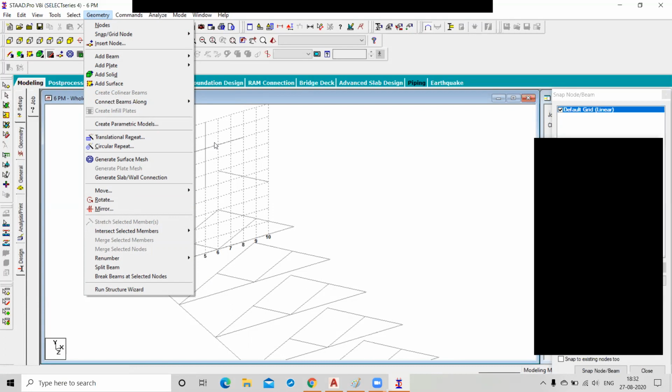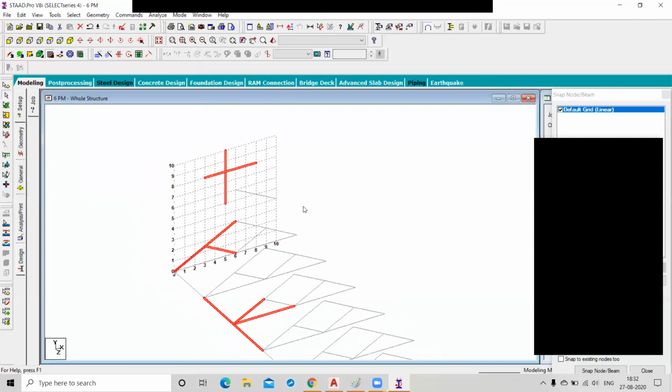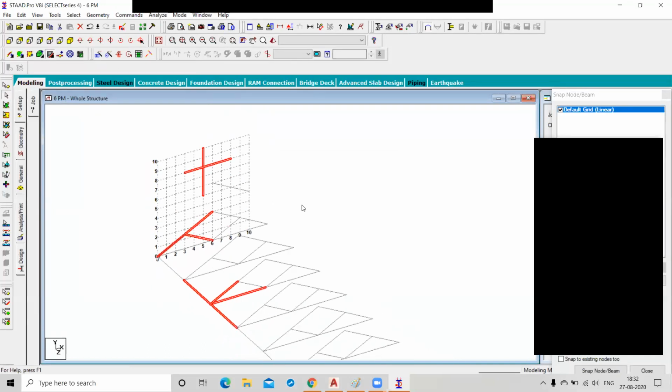So in this command we have a highlight option. Clicking on highlight and OK, all the intersecting members are highlighted in the figure, in red color.